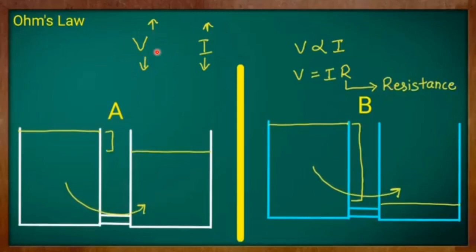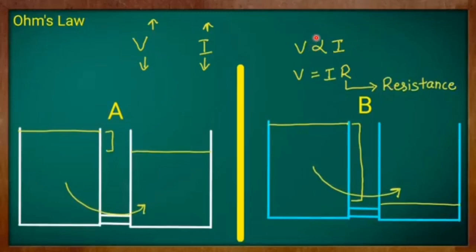potential difference, it is nothing but the potential barrier created so that the current will flow through the conductor, isn't it? Now, if I increase the potential difference, a greater amount of charges or current will pass through the conductor, isn't it? If the potential difference is lesser, then a lesser amount of current will flow through the conductor. Okay, then we will represent this relation mathematically as V is directly proportional to I, isn't it? When the potential difference is more, the current will also be more. If the potential difference is less, then the charge or the current flowing is also lesser.